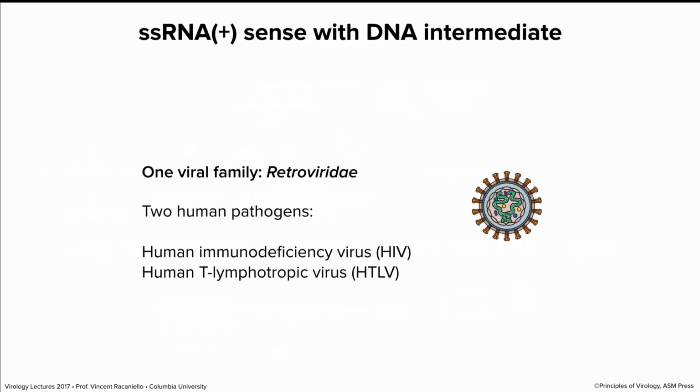Now, we have this one unusual family, the retroviruses, where they have plus-stranded RNA in their particle, but when that gets into the cell, it is not translated because it's shielded in proteins, so the ribosomes can't get to the RNA. There are two human pathogens in this family, HIV, human immunodeficiency virus, and human T lymphotropic virus. And we'll have a lecture for HIV on its own because it's a very special virus, the only virus that gets its own lecture in this course.